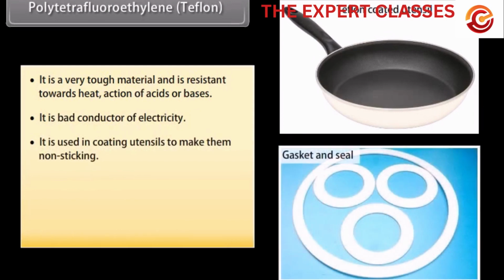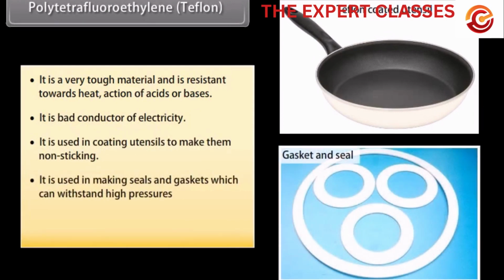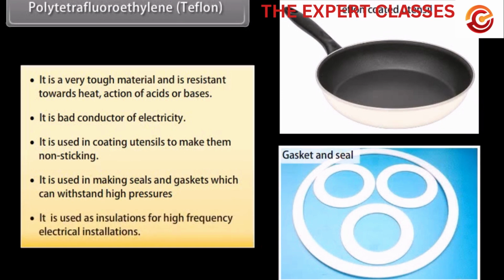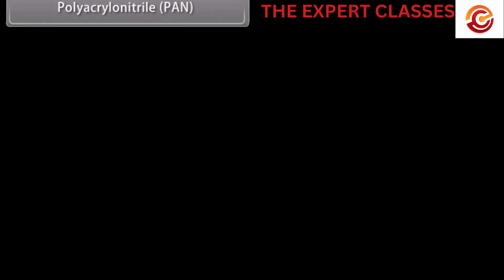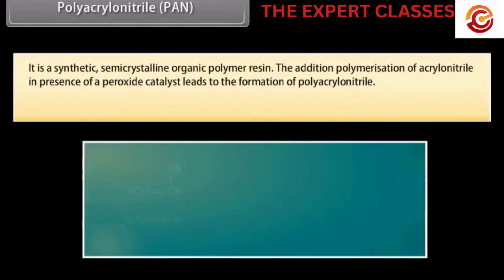It is used in coating utensils to make them non-sticking. It is used in making seals and gaskets which can withstand high pressures. It is used as insulation for high-frequency electrical installations. Polyacrylonitrile, PAN. It is a synthetic semi